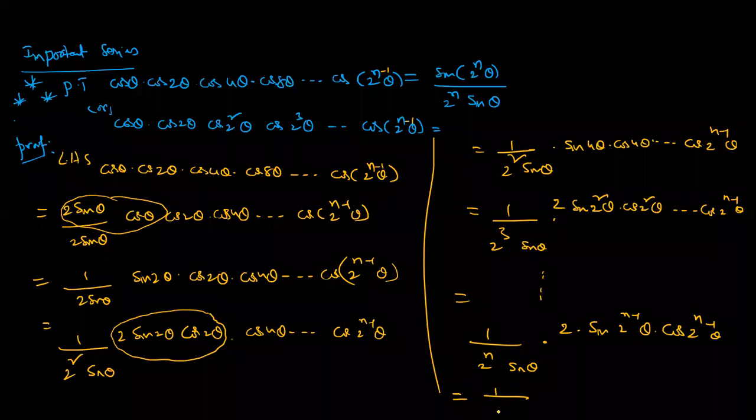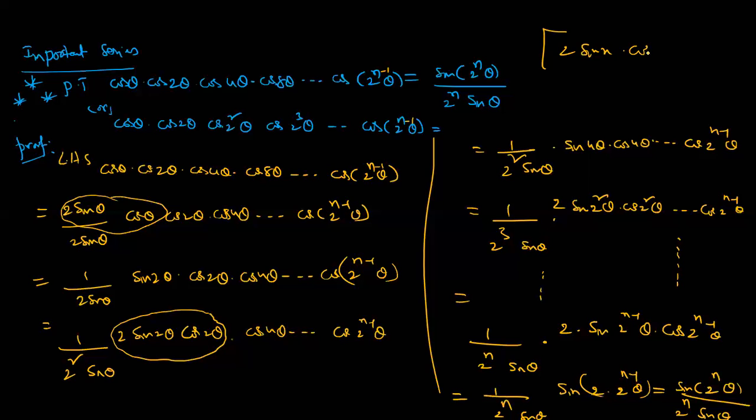So finally, 2 sin theta cos theta, what is the formula? Sin of 2 into 2 power n minus 1 theta, that is the meaning. That is 2 power n theta by 2 power n sin theta. So this is a very, very important formula. Please write down all of you. So in this case, we are using the formula 2 sin x cos x is equal to sin 2x. Multiple angles concept. Write down.